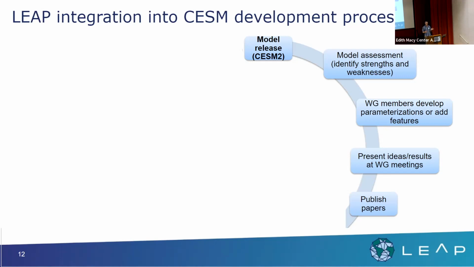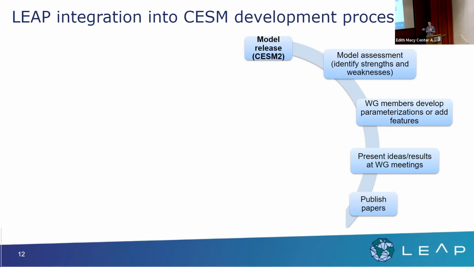During that 7-year cycle, LEAP is going to try to insert itself. We had our model release, CSM2, about 3 or 4 years ago now. What happens subsequent to that is we do these big integrations. They're all out there for the community to review and evaluate. And the community does that. They assess the models, they identify the weaknesses, hopefully the strengths sometimes. Weaknesses is what people like to focus on, which is fine, that's great.